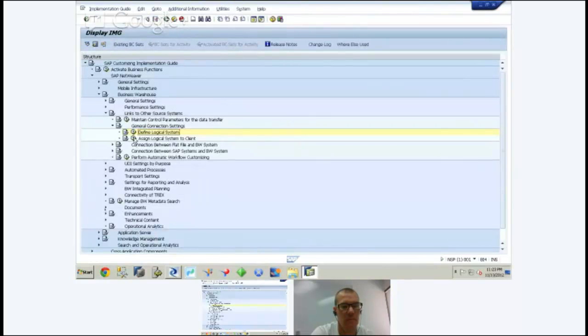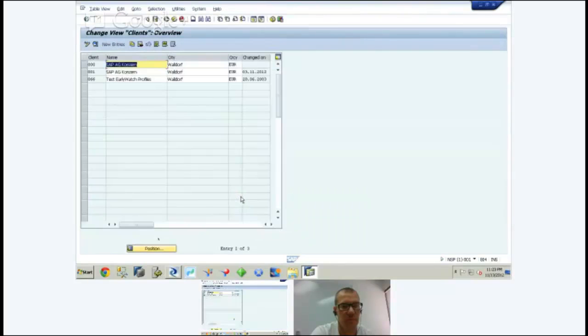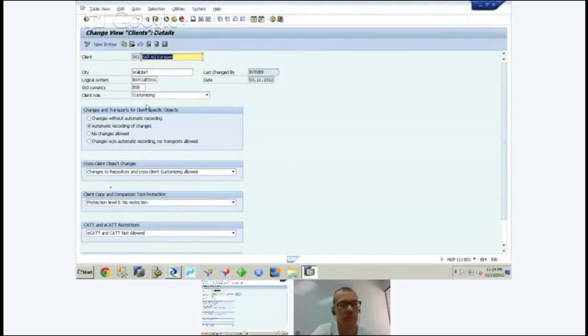And then we have to assign that logical system to a client, and in order to do that, we go to the second option there, and then we choose client 001, which is the client we're in. You can see down in the lower right-hand corner, NSP client 001. We do the second button here, which is the details button. And then right here where it says logical system, you have to put in the logical system we just created,